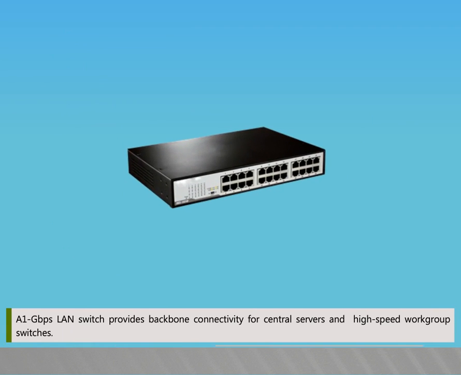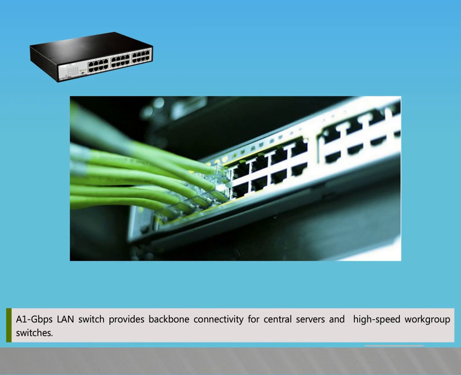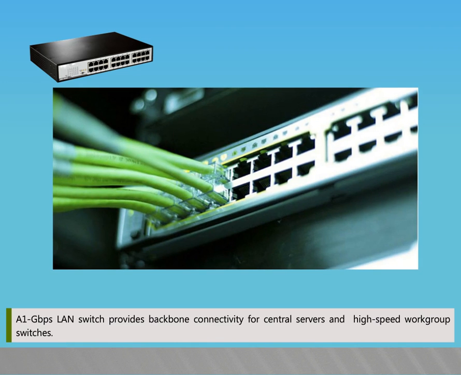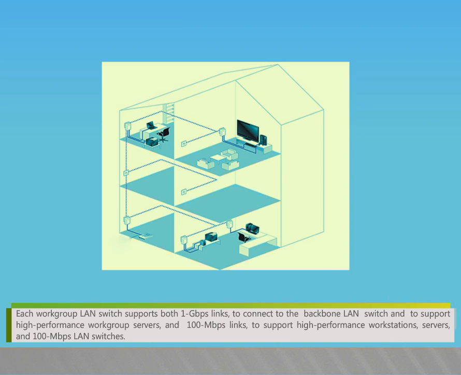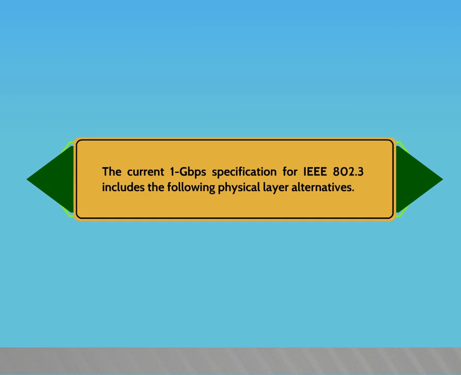A 1 Gbps LAN switch provides backbone connectivity for central servers and high-speed workgroup switches. Each workgroup LAN switch supports 1 Gbps links to connect to the backbone LAN switch and to support high-performance workgroup servers, and 100 Mbps links to support high-performance workstations, servers, and 100 Mbps LAN switches. The current 1 Gbps specification for IEEE 802.3 includes the following physical layer alternatives: